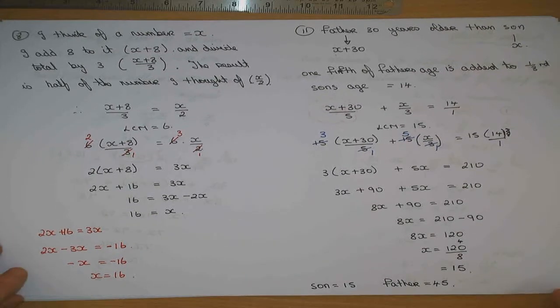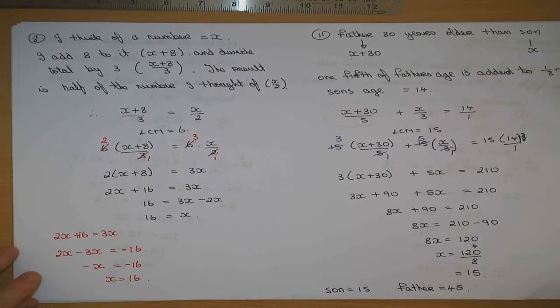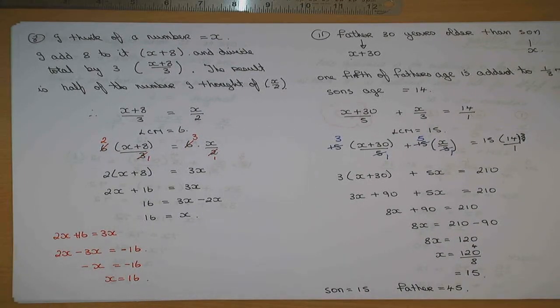Could you find 15 and 45 by trial and error? You could. I mean just keep checking with different numbers, right? For that you would get an attempt mark. You would not get the full mark. You have to